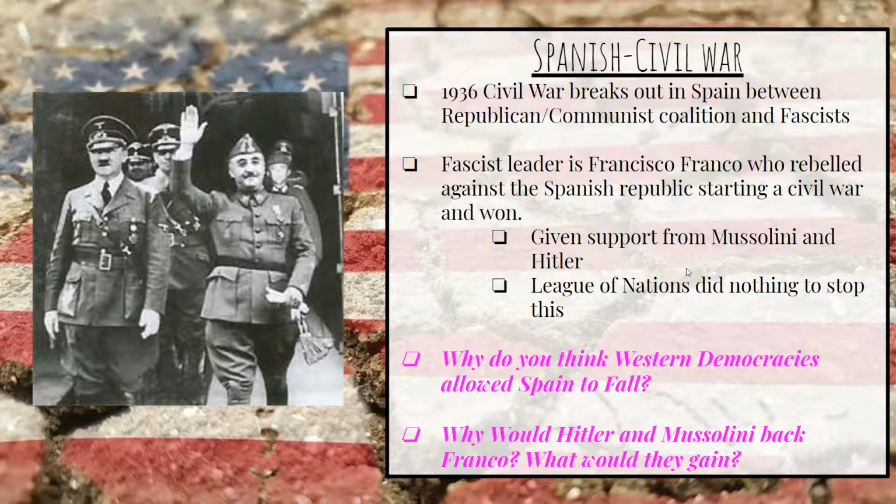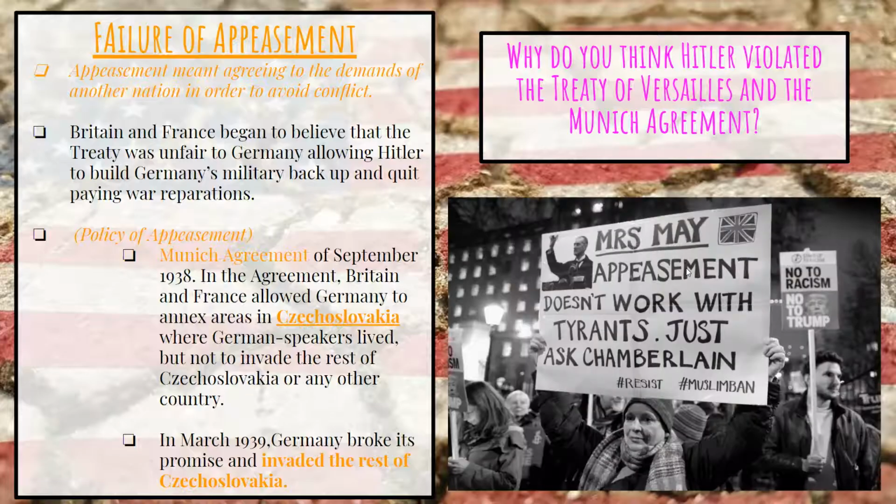So Hitler and Mussolini give them support. Ultimately, Franco is successful. The League of Nations do nothing. So Hitler and Mussolini say it's on. We're still going to keep conquering territories around us. We're going to try to get Lebensraum, German living space, meaning we're going to try to get the surrounding countries and all German-speaking countries to help us out.